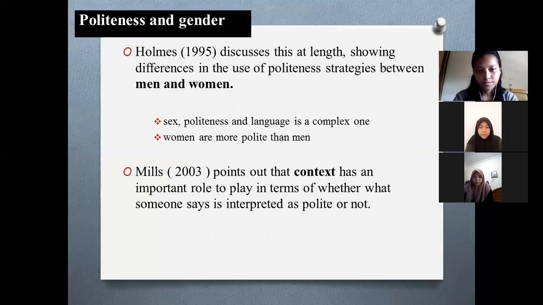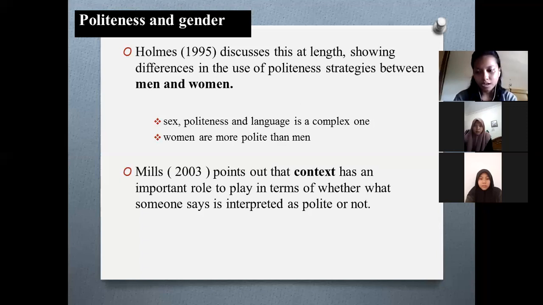Politeness and gender. Politeness strategies have also been shown to vary according to gender. Holmes in 1995 discusses this at length, showing differences in the use of politeness strategies between men and women. Her work reveals that the relationship between sex, politeness, and language is a complex one, and that while research shows that overall women are more polite than men,